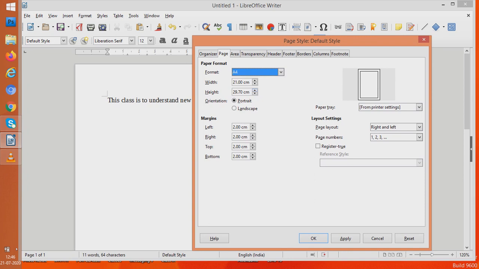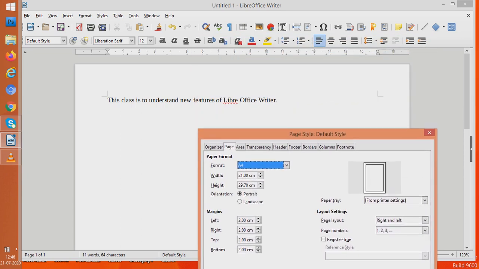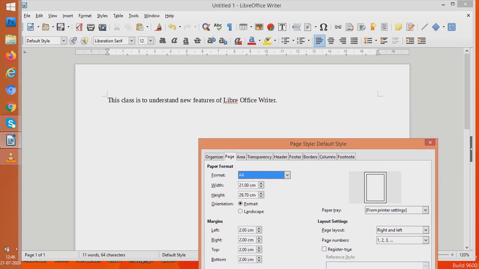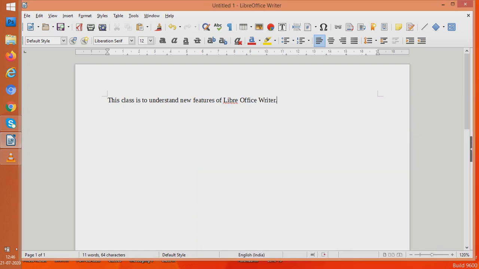Now what is the use of width? Students, this LibreOffice Writer text starts from this given part, where it is written this class, and would end at the right, here. Let us go and see where it starts and where it ends.